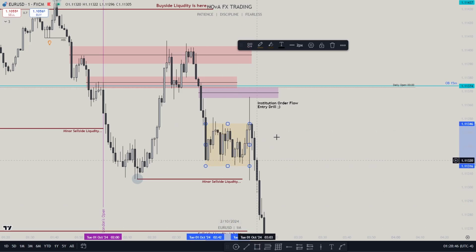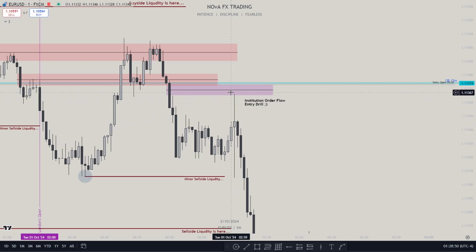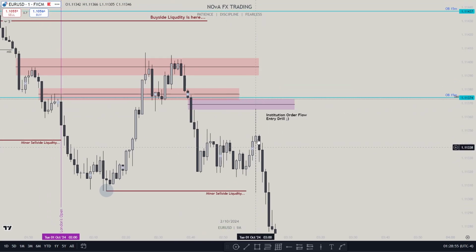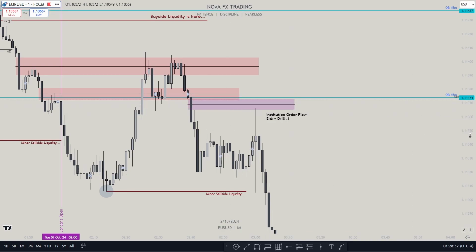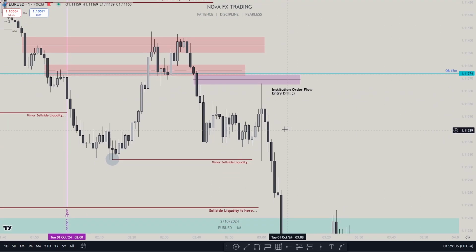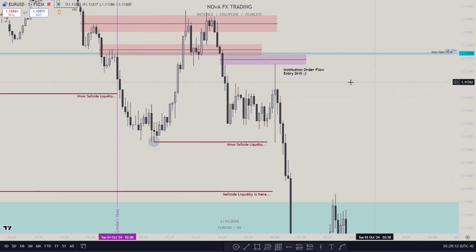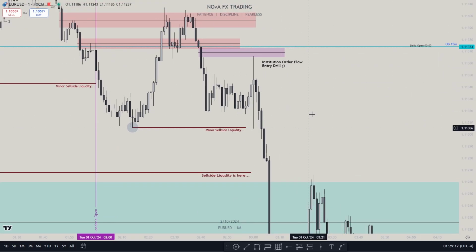in this range. Okay, and then we can see how the price went up to this open fair value gap. Keep in mind that before the price went up, this was an open fair value gap, but when it tapped the lower half of this whole framework, it became an institutional order flow entry drill, which means that it's going to be heavily bearish for the smart money. They're doing it in a very heavily bearish way,